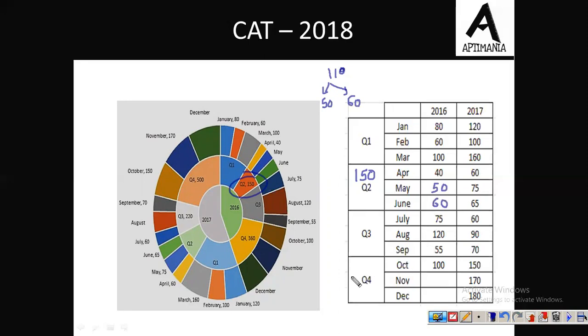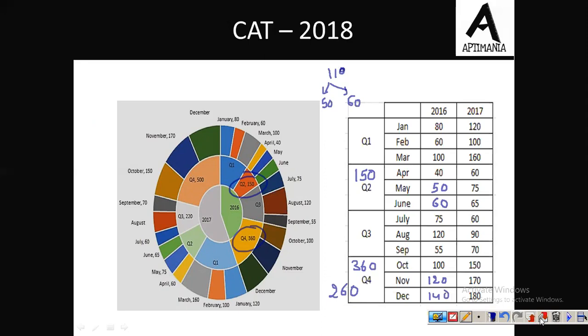Similarly, the total value of quarter 4 was 360 and the terms are also in AP. The first value is 100. So the sum of the next 2 values must be equal to how much? 260. So if we assume these values to be 120 and 140, the total of these 3 must be 360. And these 3 terms must be in AP. देखिए आप यहाँ पे देखेंगे 100, 120 and 140 forms an AP. So we have found the missing values.